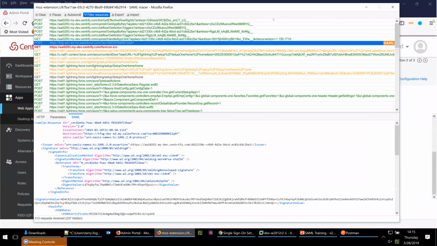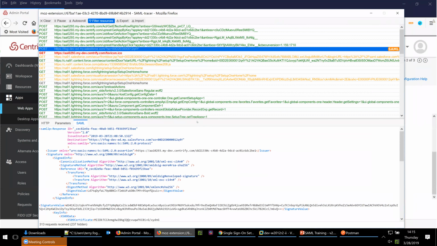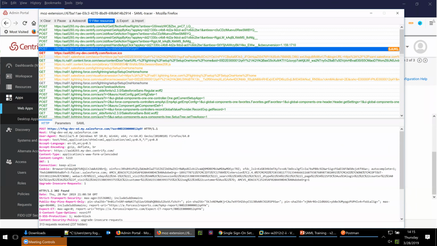So this tracer you just saw me use is an add-on in Firefox called SAML Tracer. And what I really like about it is, not only does it trace enough of the traffic that I care about, I mean, Fiddler is all good and it shows a lot of things, but sometimes I don't need too many things, too much noise. More importantly, this tool actually decodes SAML messages, and it will flag it to you too. If you use Fiddler, then you have to look into, hey, ACS URL or IDP login URL. Okay, that's my URL. Then I look on the right side,